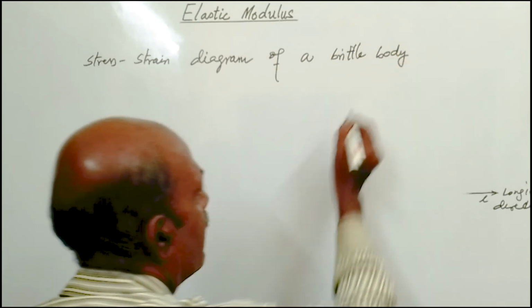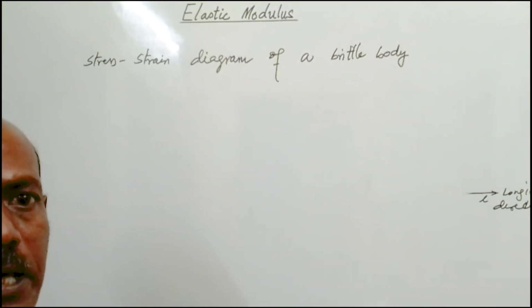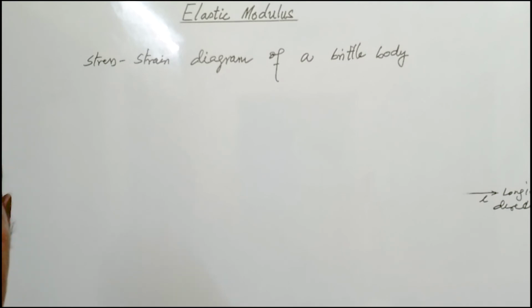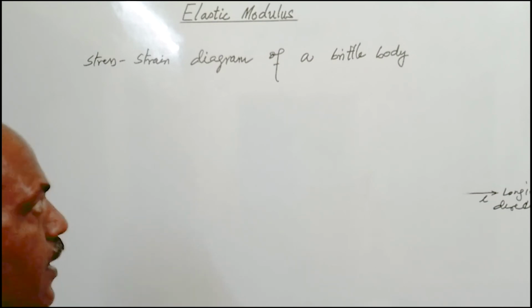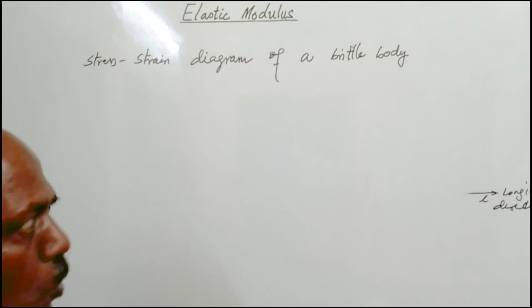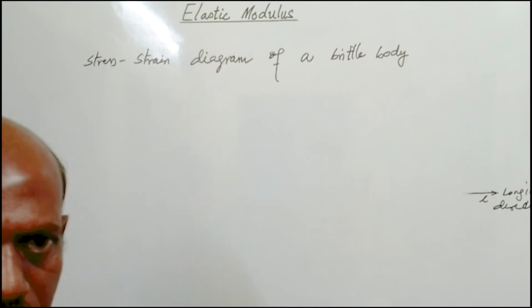So say a brittle body. As per the definition, what is a brittle body? The body which fails without much deformation. So that body is called a brittle body. So brittleness is the property, the body which is having brittleness property, that is called a brittle body, like cast iron. So without much deformation, the body